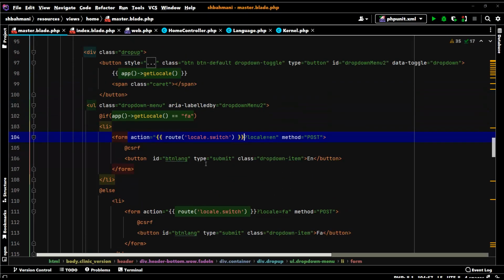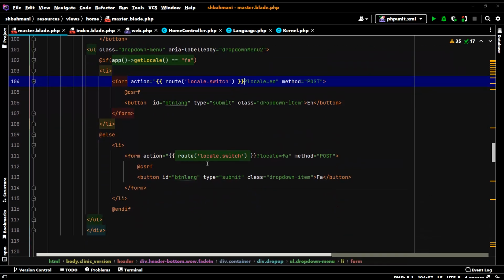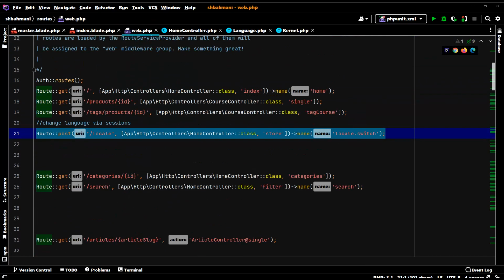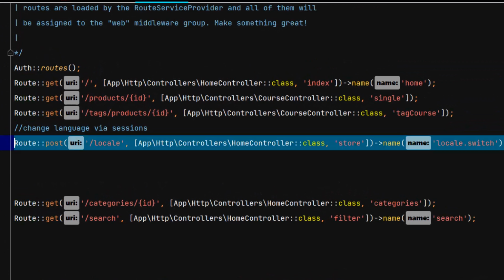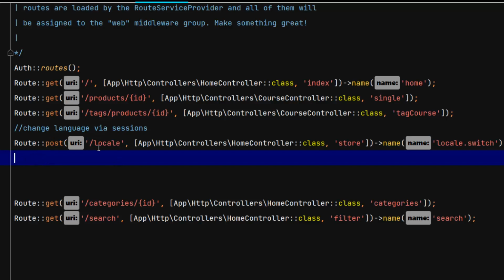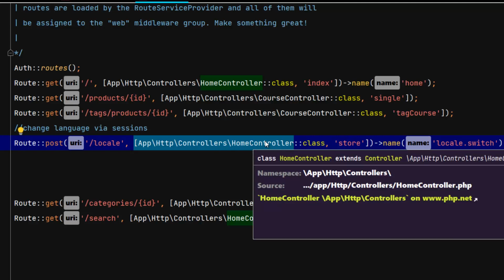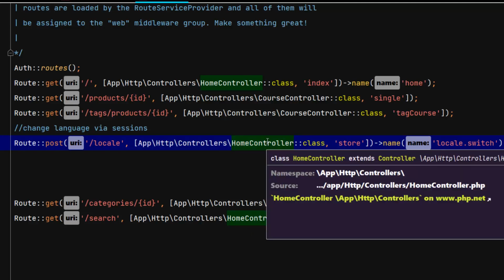So after that, when we have defined them, we just need to go through our routes and make a route for them. Okay, and we can use any name we want, route post locale, and we have whatever type of controller we already created. You know how a controller works. I mean, you can do it